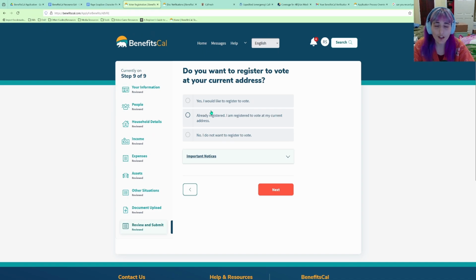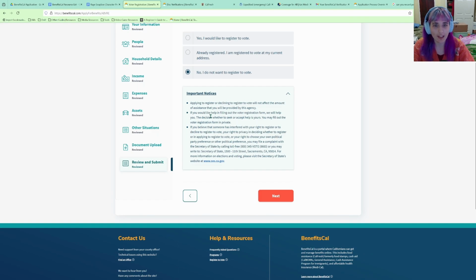I forgot you can combine registering to vote in addition to Medi-Cal, CalFresh, and CAPI. So I'm going to say I don't want to register to vote. And this is just saying that registering to vote or not won't impact your application. Also, you can get help with filling out the voter registration form, and if you think someone has interfered with